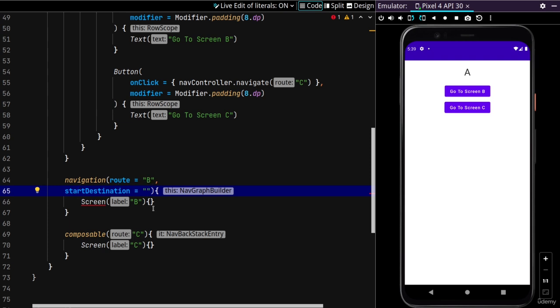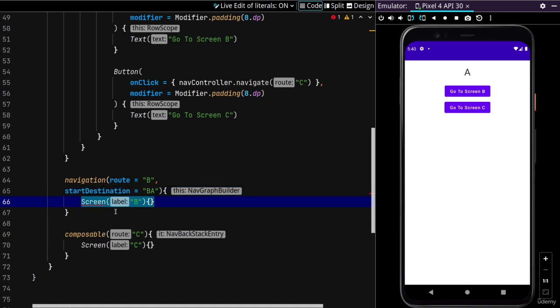When we move to B, we need to see a default screen, and here's where we specify it. So for start destination, let's say we have children of BA, BB, and BC inside this navigation graph. So let's use BA,